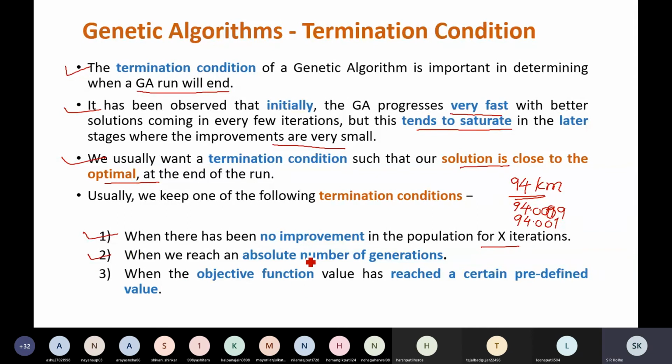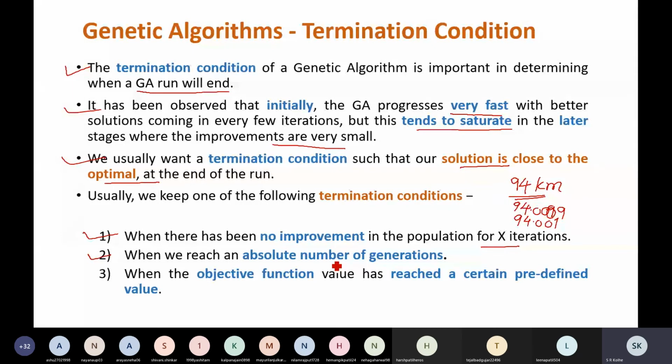Second possibility is when you reach the absolute number of generations. Suppose you specify the number of iterations, 950 iterations, and the algorithm will terminate, or 1000 generations.